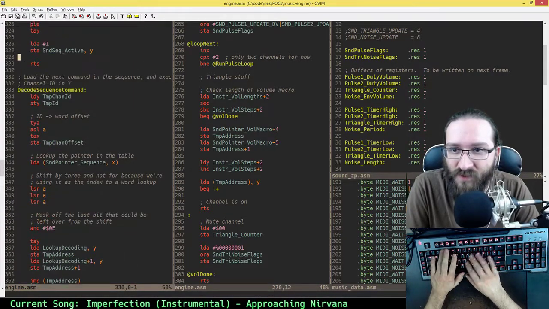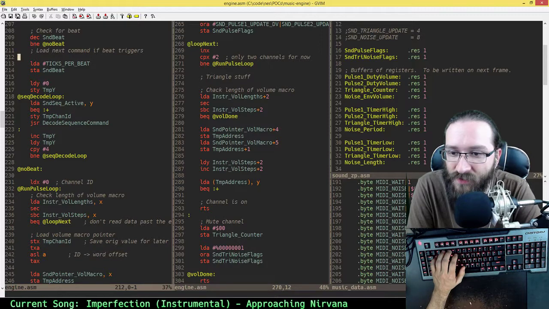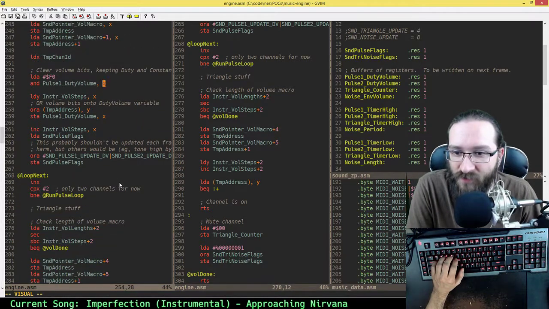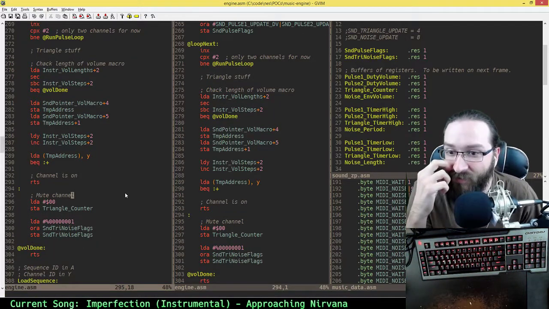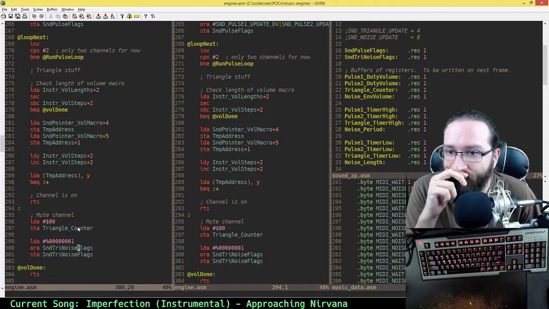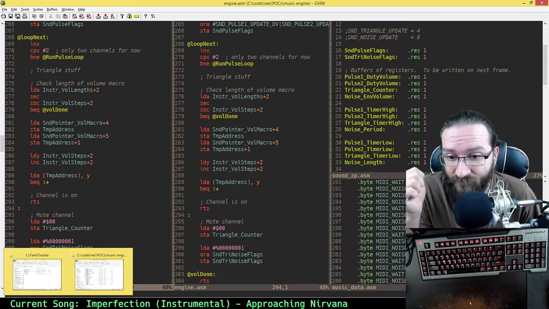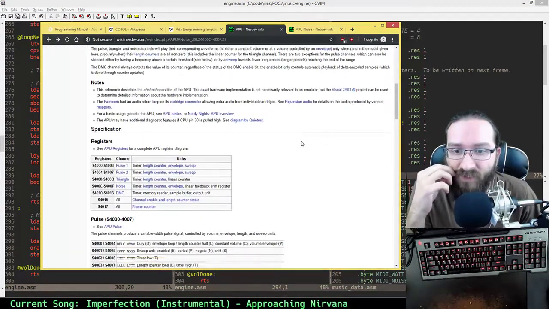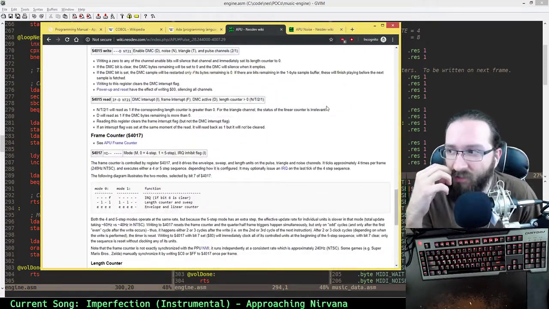And processing or going through the envelopes. Where is that? Right here. This is the pulse envelopes. There's the triangle envelopes. Oh, right. It was right there. Oh, jeez. I was looking right at it. All right. So the noise doesn't have any triangle envelope stuff on it yet. Is that the same amount of bits for the pulse channel noise? Yes, or volume rather. It is. That is good. So I can actually just do the